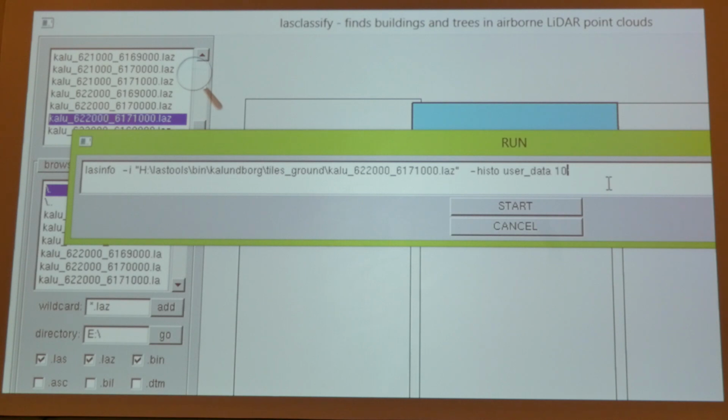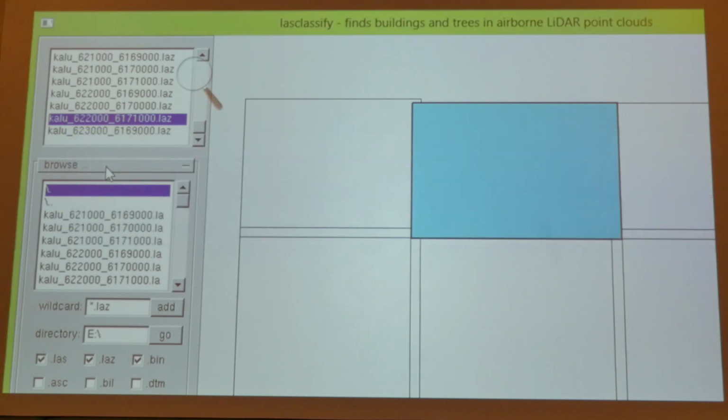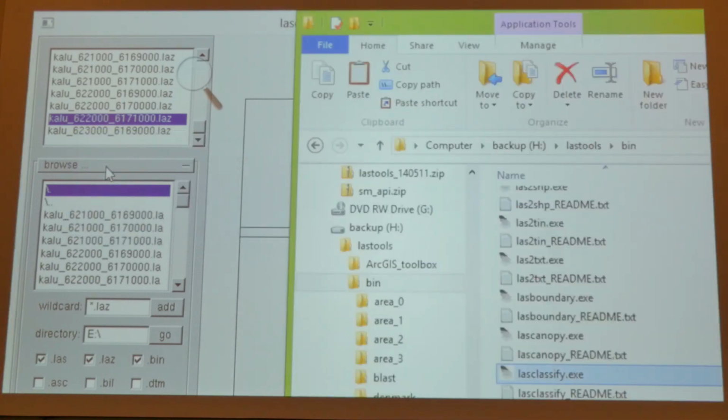and we did that yesterday too, and it's stored in decimeters. So if I use 10 decimeter bins, it gives me the height per meter. So, I just want to check if this user data value has interesting values in it. Otherwise, I don't even need to start my last classify because it requires this data to be there. And the output will now go into the black window. So I go to the black window